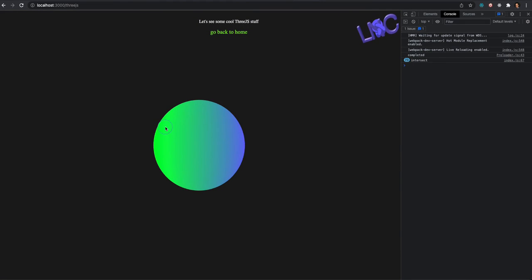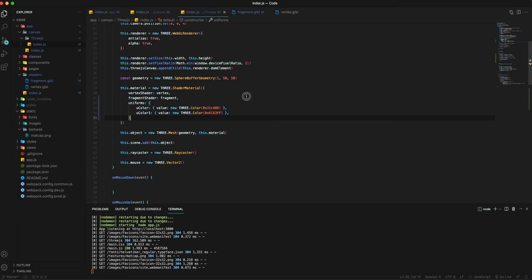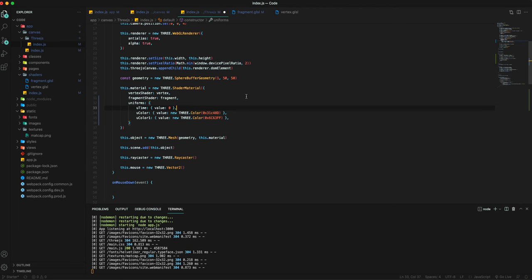And as you can see, we have like those two colors, and they're kind of blending in each other, kind of like mixing together. Okay, so that's that. And now the next thing I'm gonna do is to add a time